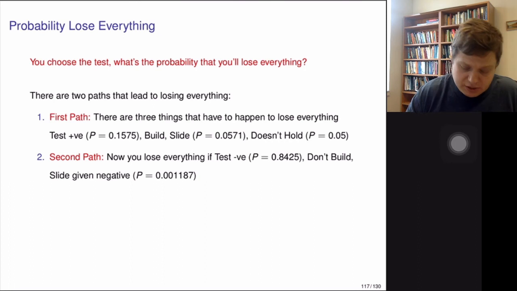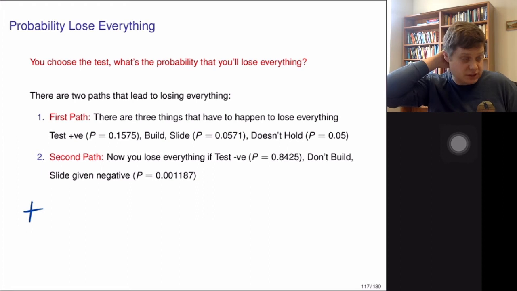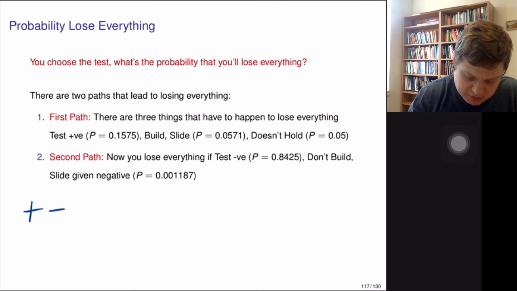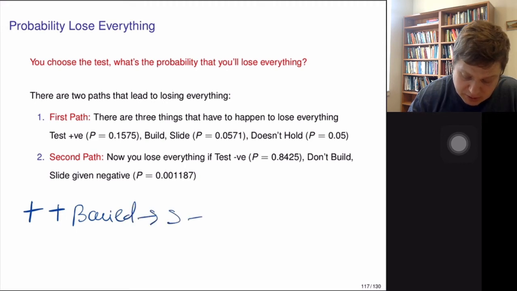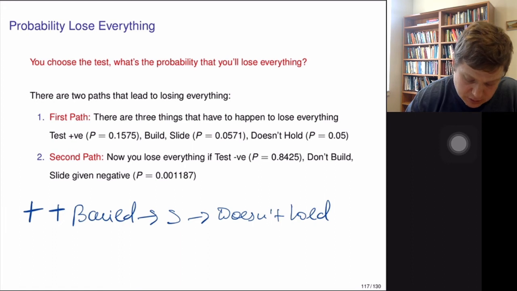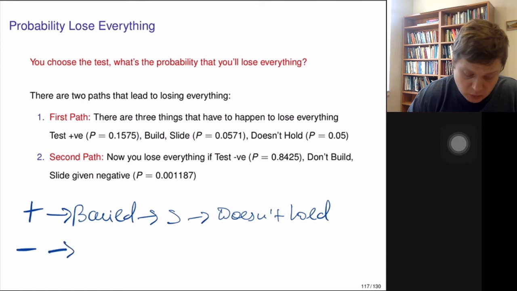Then there are actually two paths. So the first path is the test comes positive. Let's say our decision rule is very simple. If test is positive, then we build the wall. If test is negative, we do not build the wall. So if test is positive, then we do build. And then slide does happen, and wall doesn't hold. So, and another scenario when we lose everything is when test is negative and we do not build the wall,